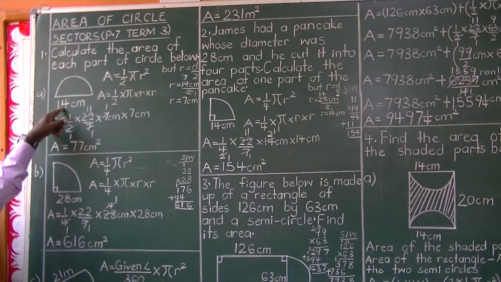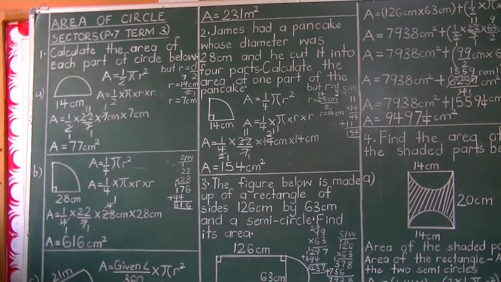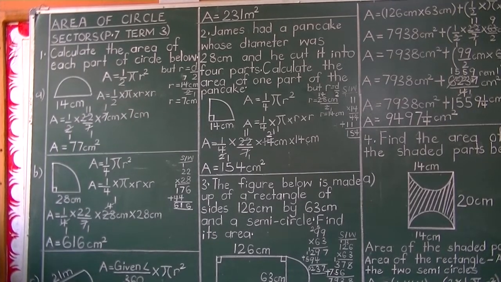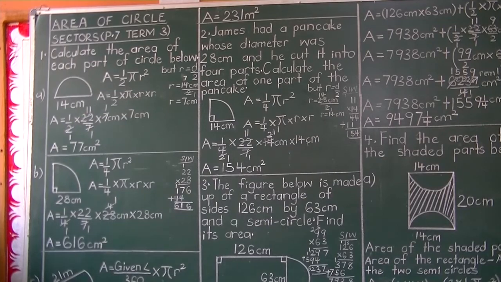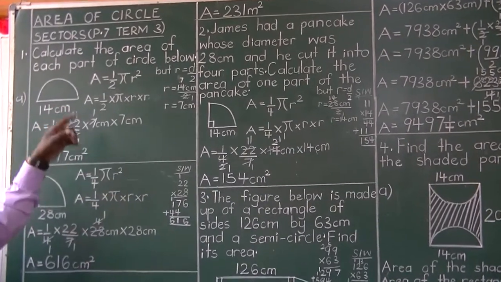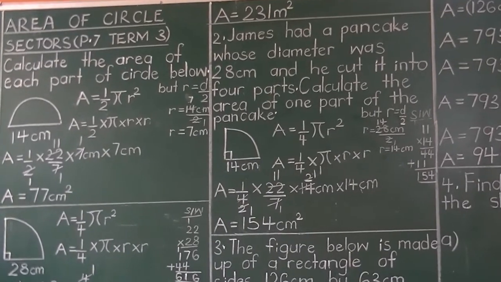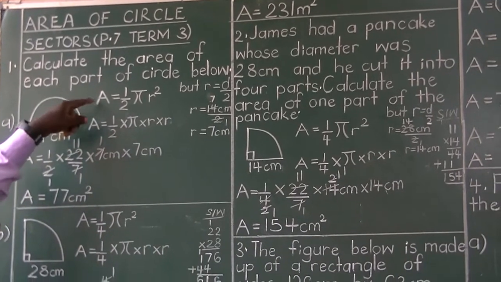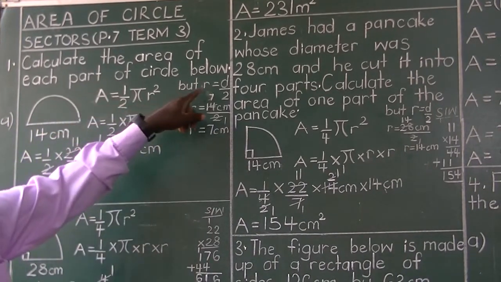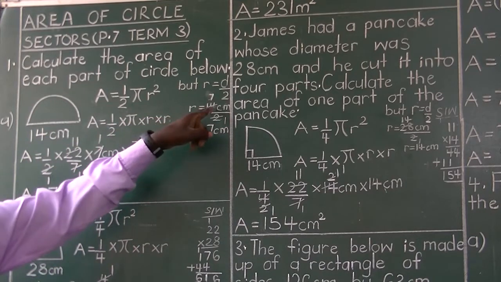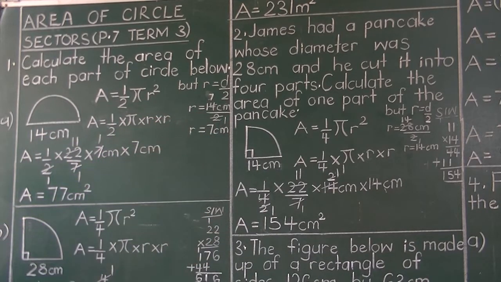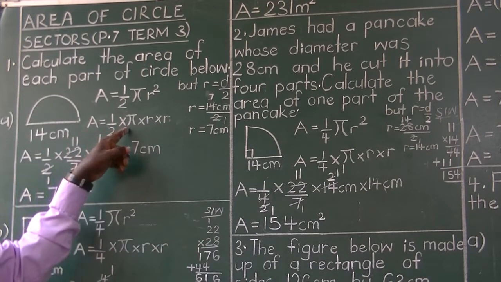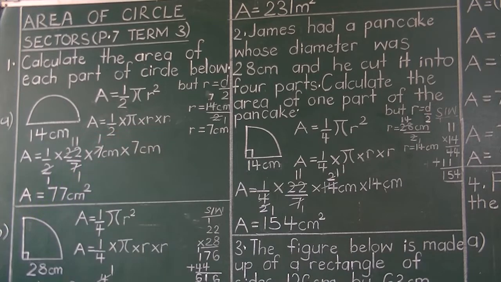It's called a diameter. And in the area formula, we noted in the previous lesson that we don't have provision for diameter. So we have to get a radius at any cost. We know radius is a half of diameter, so you have to halve the diameter to get a radius. So area equals a half pi r squared, but radius equals diameter divided by 2. Radius equals 14 centimeters divided by 2, so radius is equal to 7 centimeters. Then you expand here: area equals a half times pi times radius squared. And now you substitute accordingly.